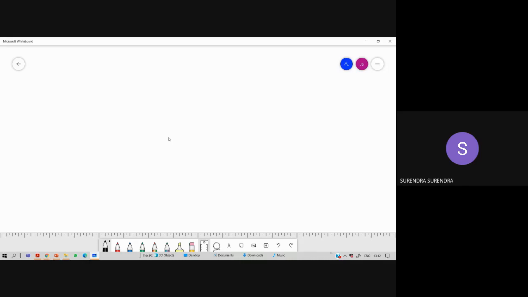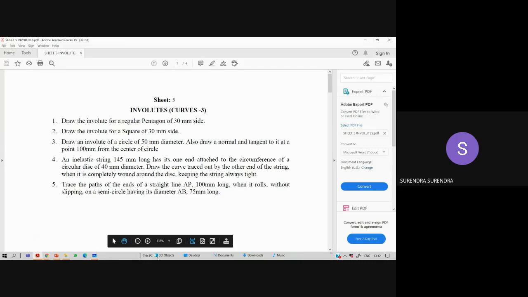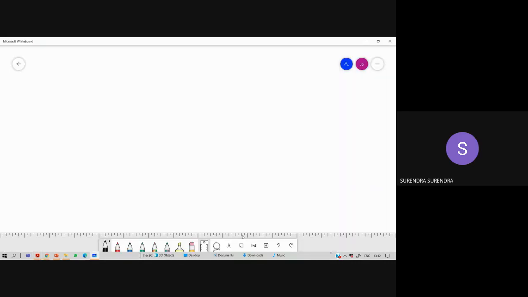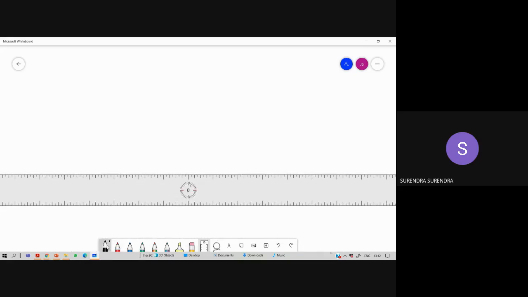From now onwards, whenever you need to draw a pentagon or hexagon, I will explain the simplest methods. No need to follow the 4-6 method or the general method which we discussed in sheet 2. Is it okay? So coming to the first problem, construct a regular pentagon of side 30 mm. Take a scale, draw the baseline with length equal to 30 mm. Draw the first side with the given length.